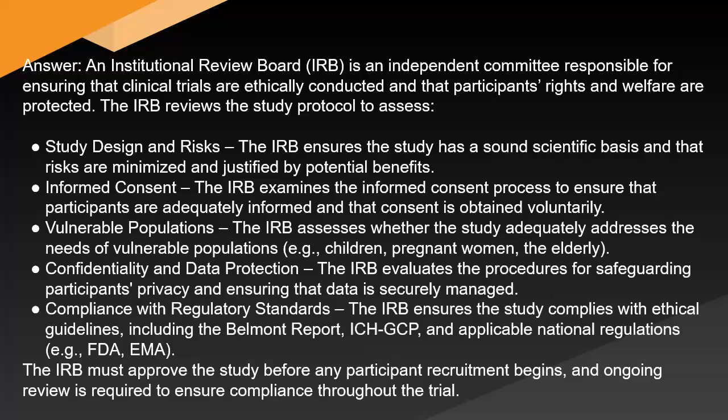Confidentiality and data protection: the IRB evaluates the procedures for safeguarding participants' privacy and ensuring that data is securely managed. Compliance with regulatory standards: the IRB ensures the study complies with ethical guidelines, including the Belmont Report, ICH GCP, and applicable national regulations, e.g., FDA and EMA. The IRB must approve the study before any participant recruitment begins, and ongoing review is required to ensure